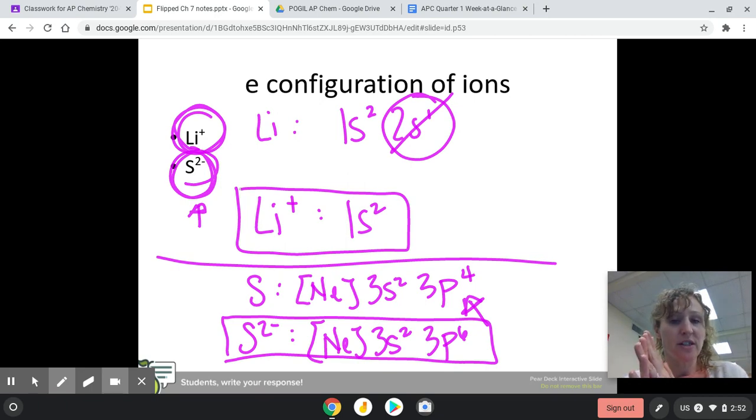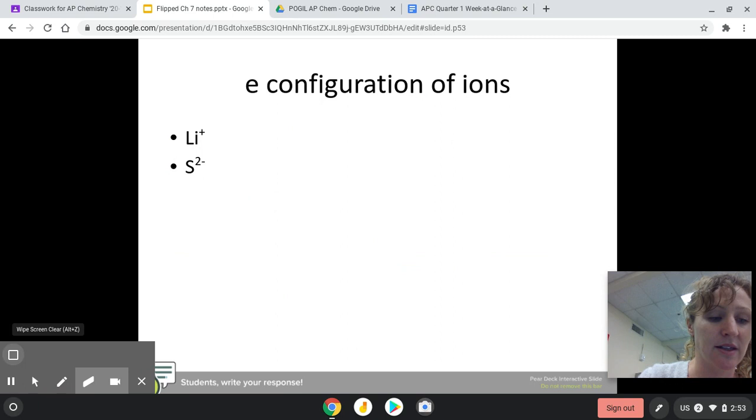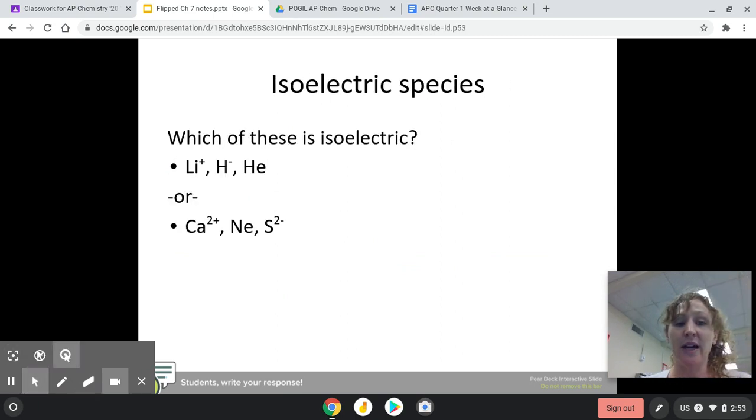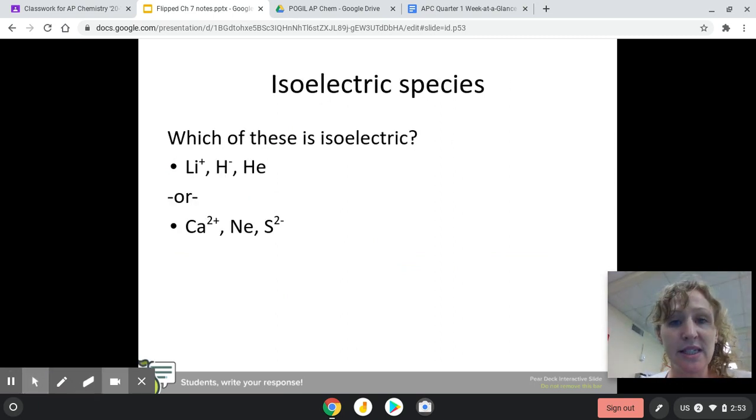There is a special stability that happens when energy levels are completely full or completely empty. And so atoms are going to tend to lose or gain electrons until that happens, which leaves them with noble gas configurations. And this is what we would call isoelectronic species. I think I have this on the next slide. Right. Isoelectronic species are going to have the same